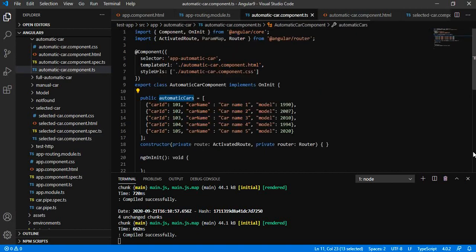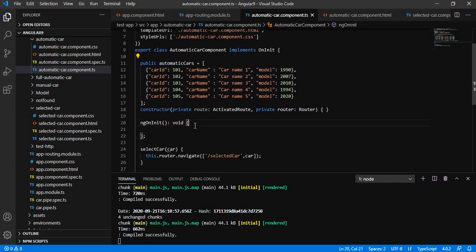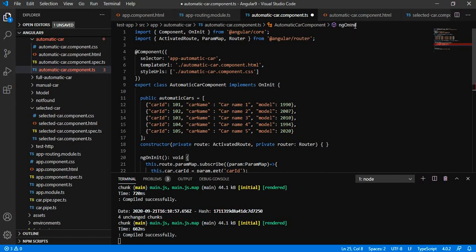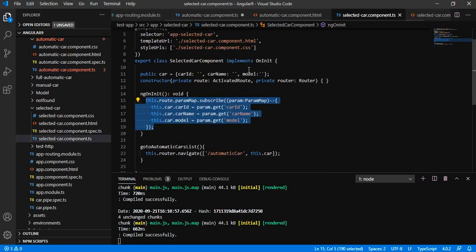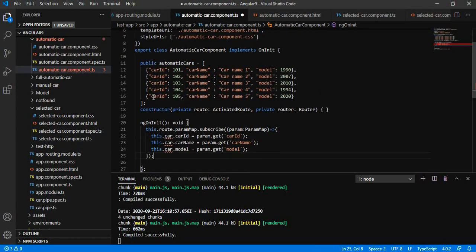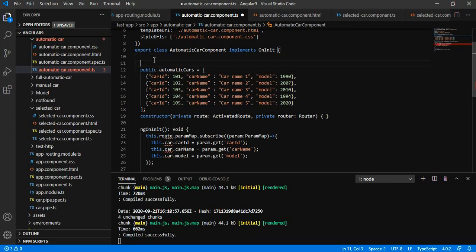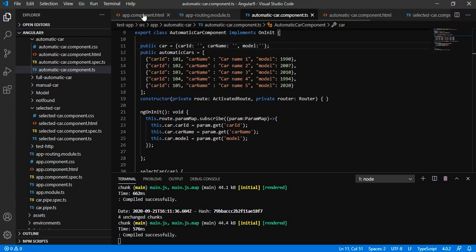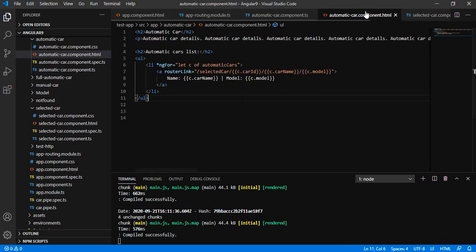So this is our automatic car component, and we need to use the route and we have to define the car also. Now we need to check if any value is selected, then we will print it in our view.